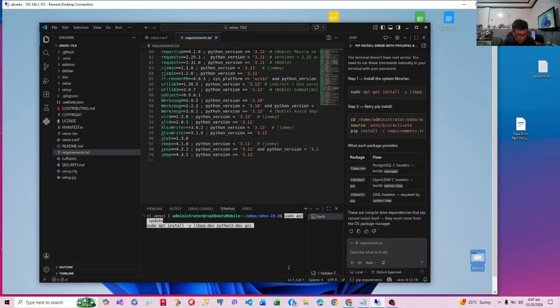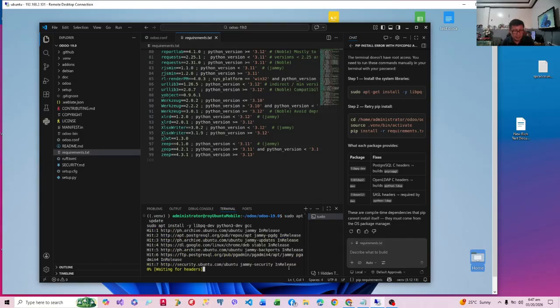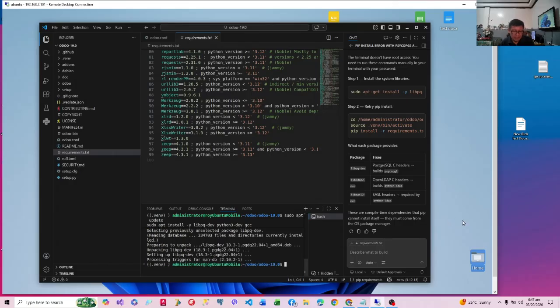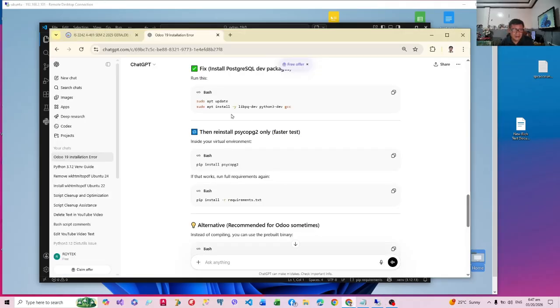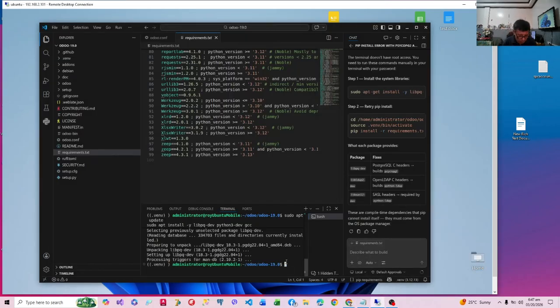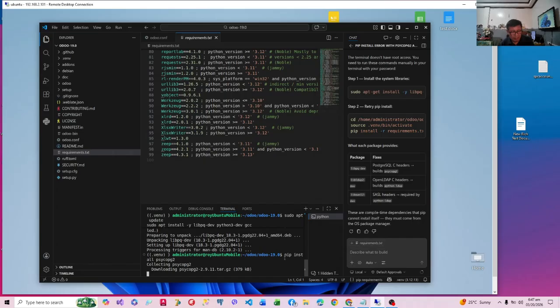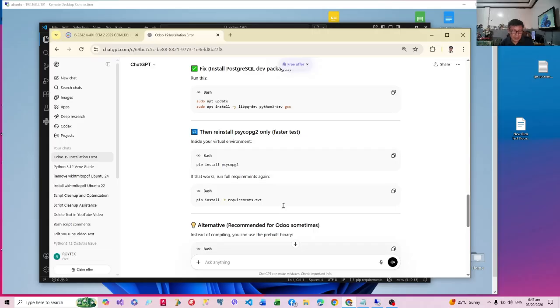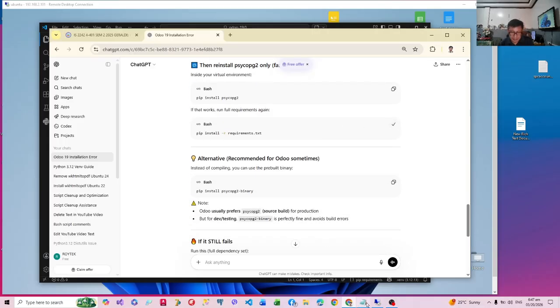Okay. Ctrl-Shift-V. This is normal, so we just have to go through with this, and then we'll have to go to our psycopg, which is the Python package that is used to connect to PostgreSQL. And then we go back to our ChatGPT, and then we'll just have to redo this.